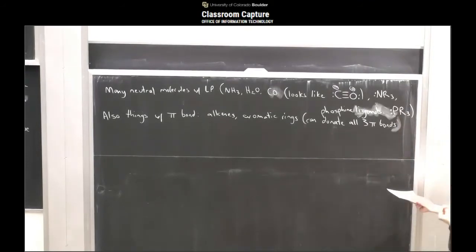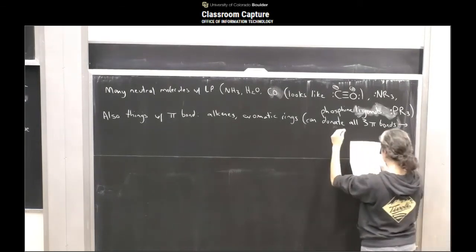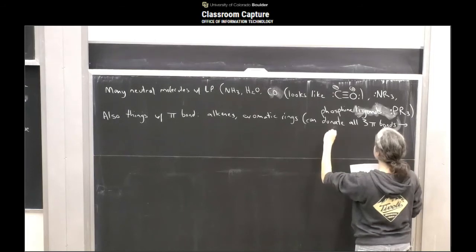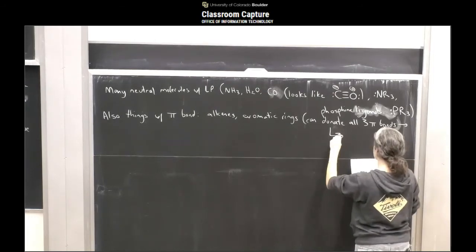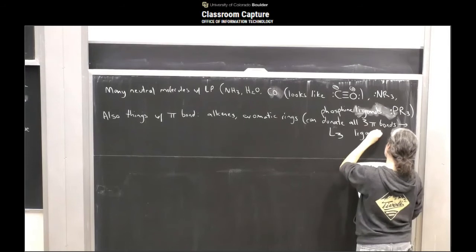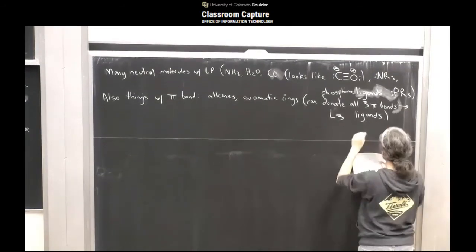Which means that aromatic rings can actually act as like 3 L-type ligands at once. So we would call these L3 ligands. Okay, so